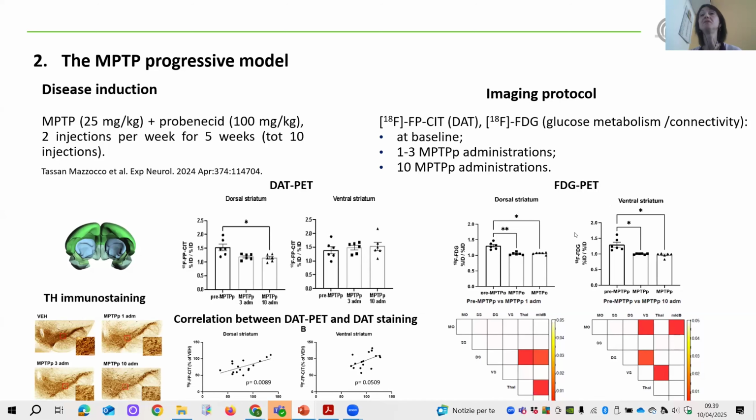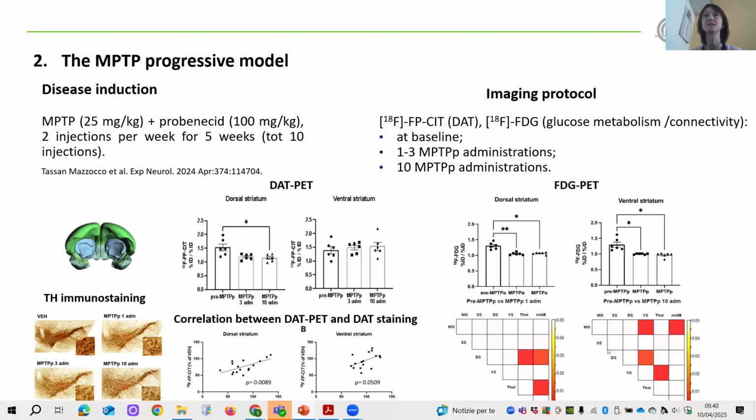And also with FDG, we observe a decrease of the glucose metabolism within dorsal and ventral part of the striatum. And we are able, by applying our template, also to do connectivity, and we measure the difference in connectivity over the time